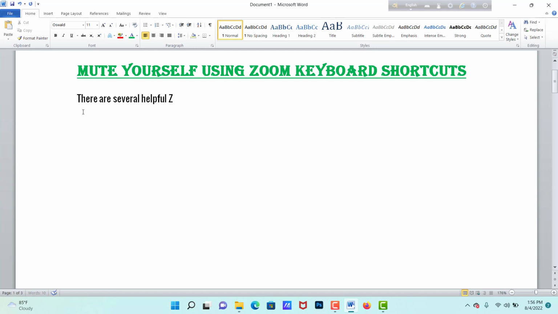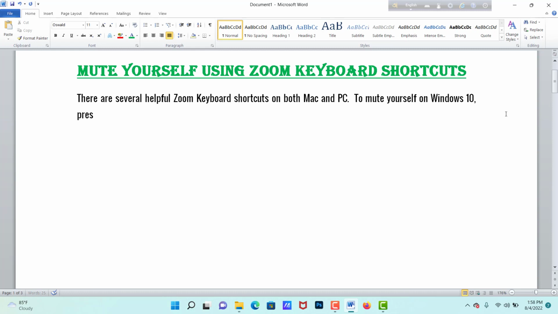Helpful Zoom keyboard shortcuts on both Mac and PC. To mute yourself, understand, press Alt slash A to